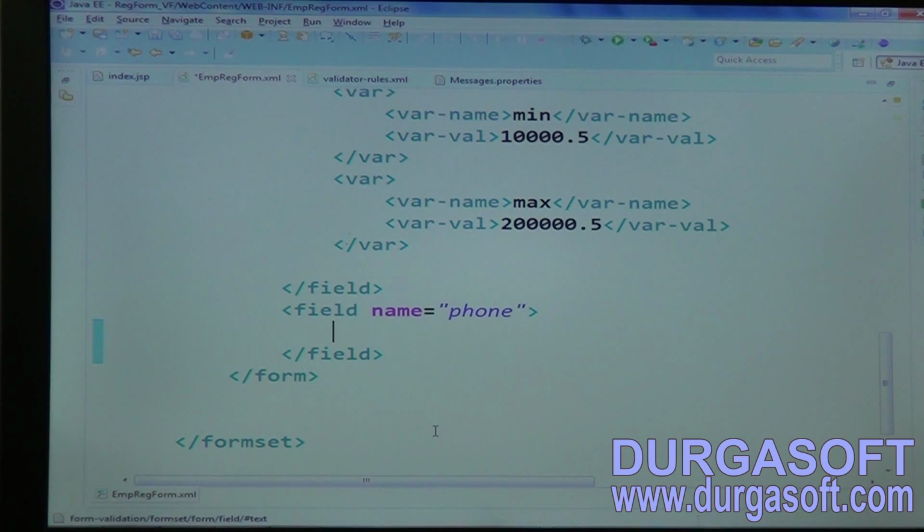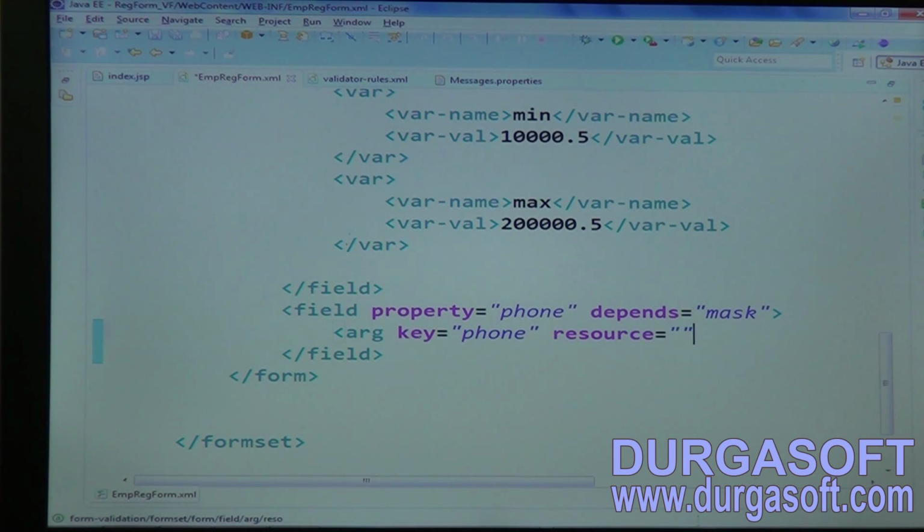And coming to phone number, for phone number apply depends here, field property, not field name. For phone number depends, apply mask. In case of mask, 1 argument and 1 variable we have to pass. Argument key equal to phone, resource equal to false, and 1 variable, var name